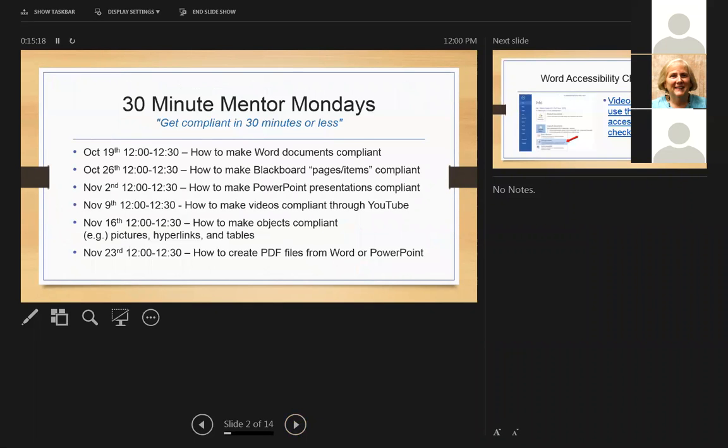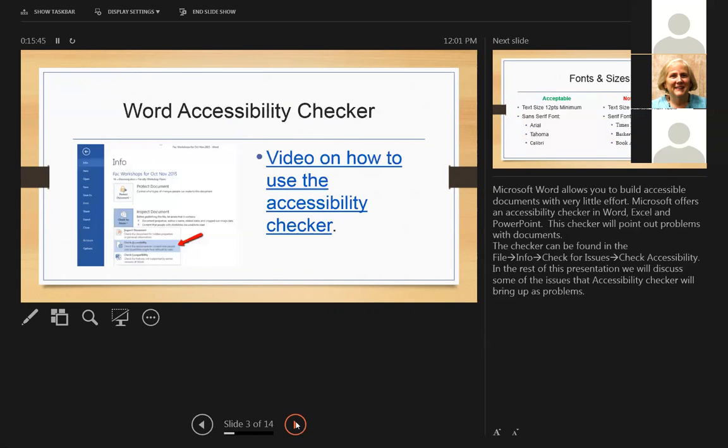And just to give you a little bit of a heads up regarding what we're going to be offering, between now and the end of November, these are all of the sessions that we're going to be offering every single Monday at noon. We will provide a recording for each of these sessions. So please feel free to take part in any of these sessions at any point during those 30 minutes. And they'll actually be 30 minutes or under, but 30 minutes is definitely our max. So just to get started here,